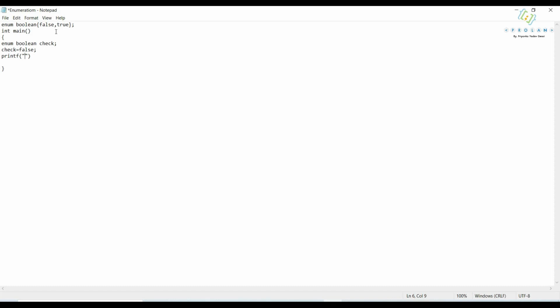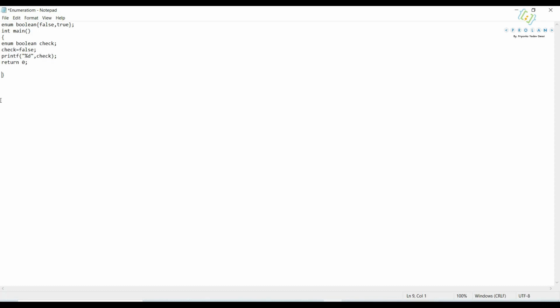That is why I am using %d, since it is an integer constant, that is why %d for integer, comma, check variable. Okay, return 0. So what I am doing here, I am assigning any one value out of these two names to check variable, and I am printing check.